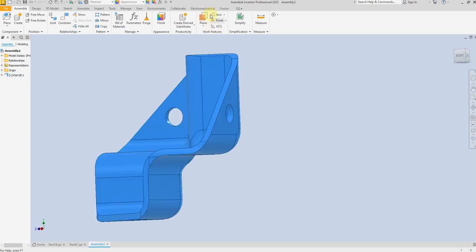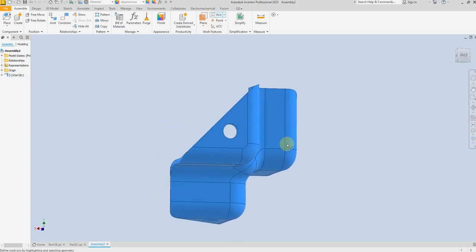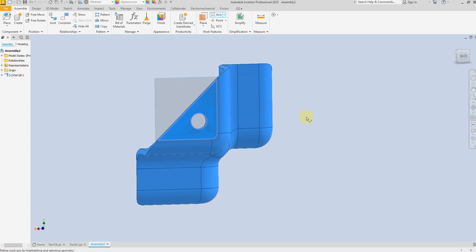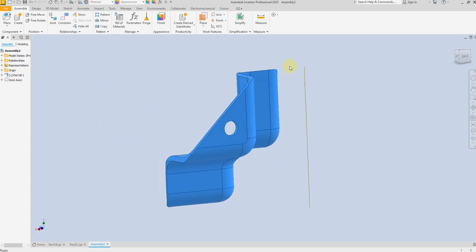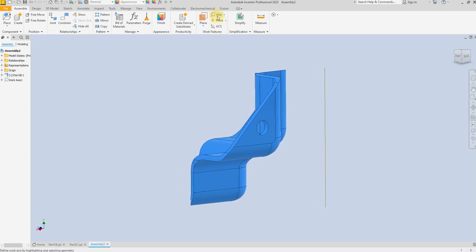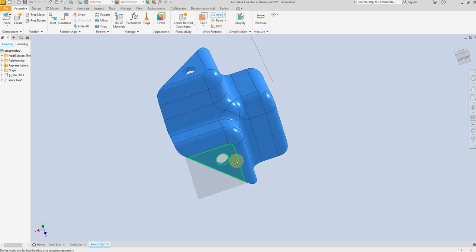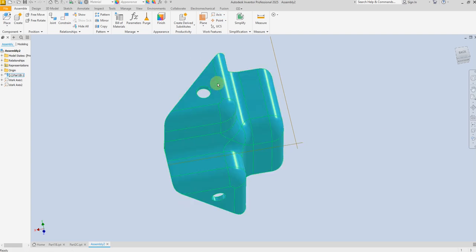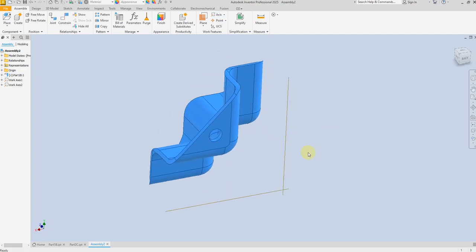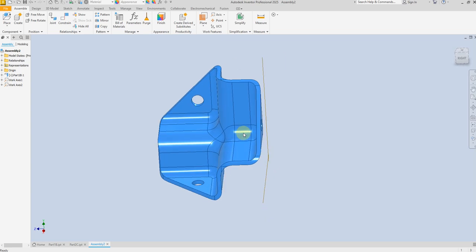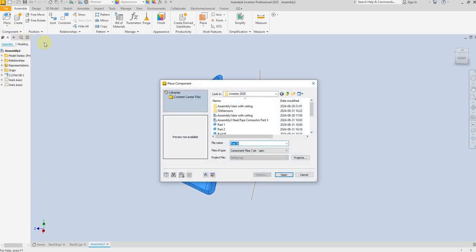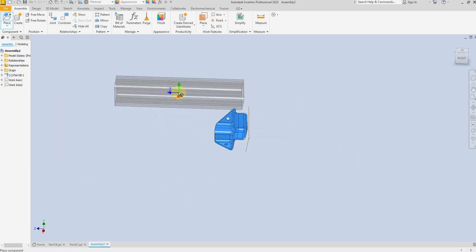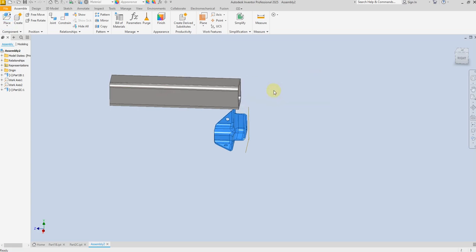Now let's select axis and create an axis between this face and this face, and again select axis, select this face and this face. Perfect. Now let's select the pipe,